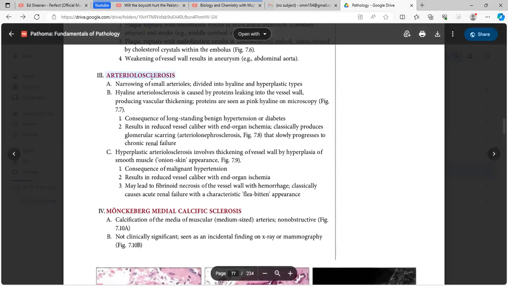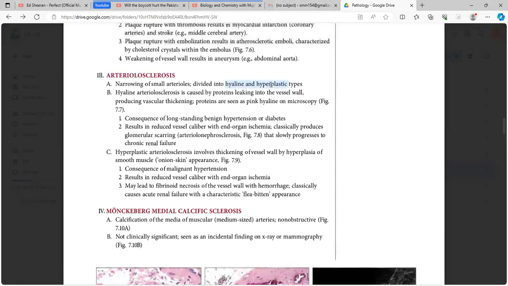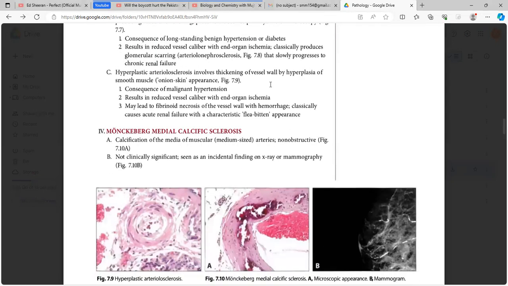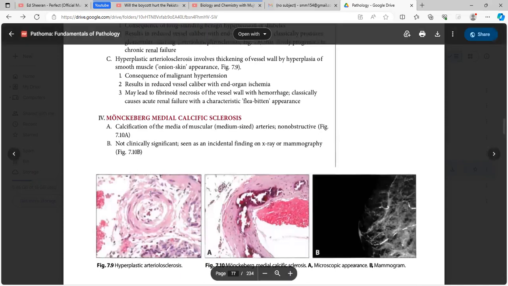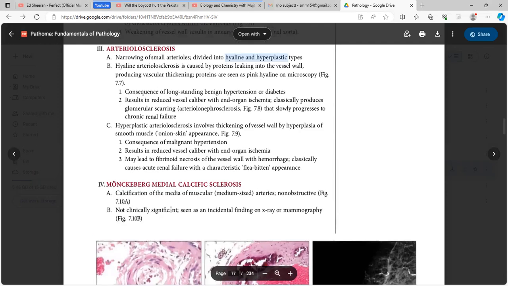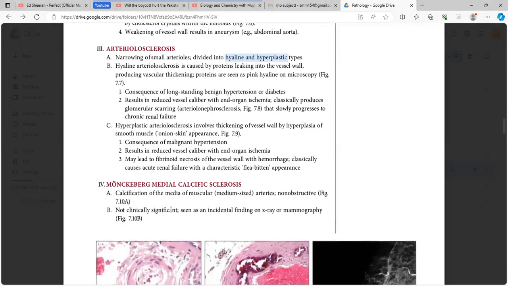Now, arteriosclerosis, as we talked about previously, means the narrowing of arteries. It is further divided into two categories, hyaline and hyperplastic. Hyperplastic arteriosclerosis gives an onion ring skin appearance, and it is the consequence of malignant hypertension. Here are a few of the pictures. As you can see, this more closely resembles an onion ring, whereas the other one, hyaline arteriosclerosis, is a consequence of benign hypertension,